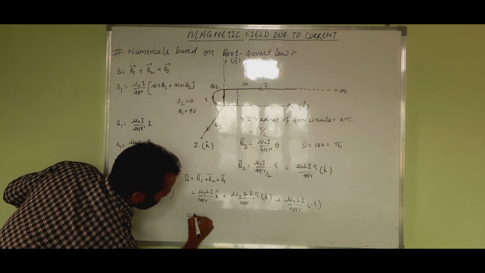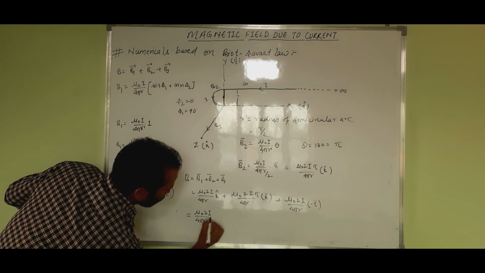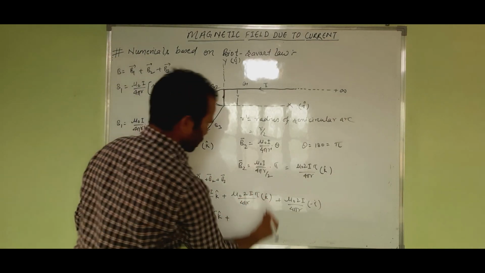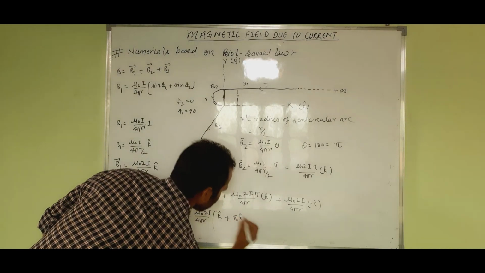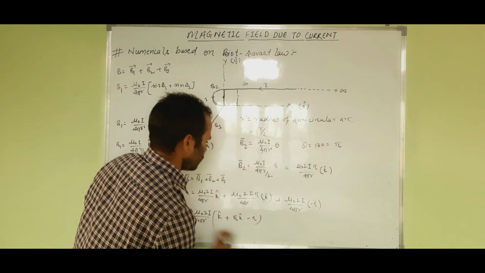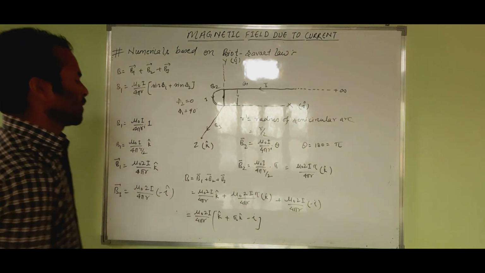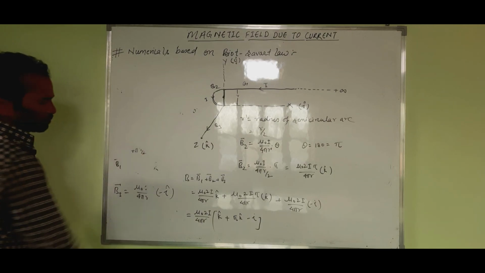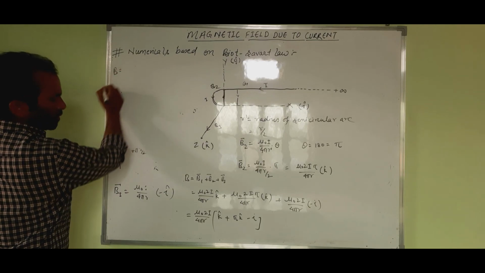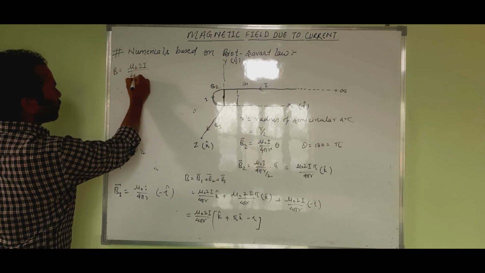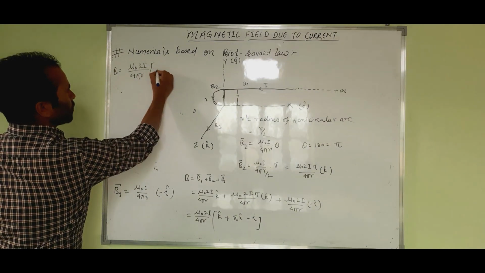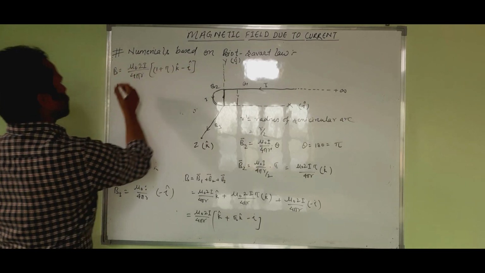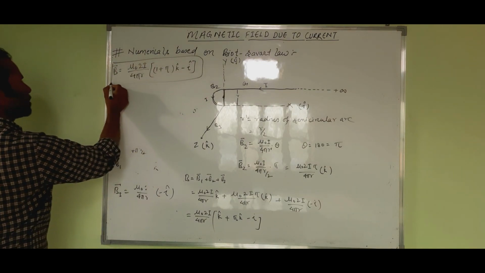Taking mu naught 2I upon 4 pi r common, what we get is k vector plus pi k minus I. So writing this expression here, B will be mu naught 2I upon 4 pi r into 1 plus pi k unit vector minus I. So this will be the resultant magnetic field due to